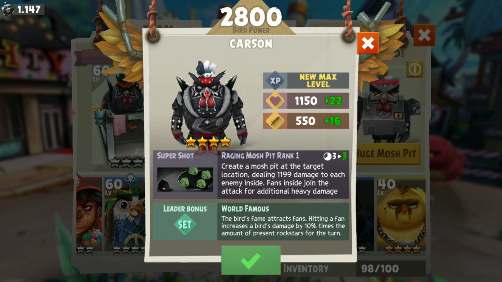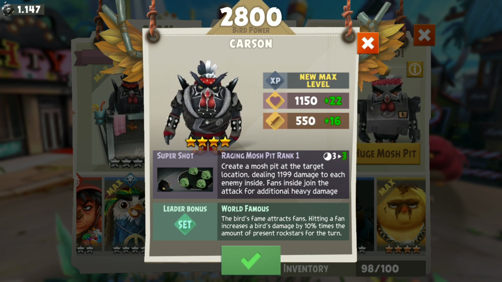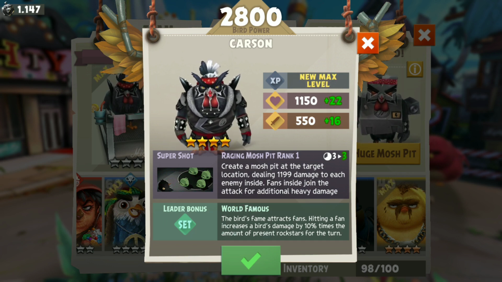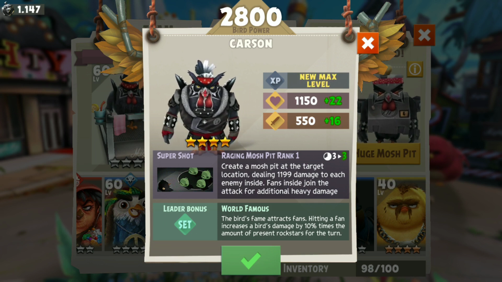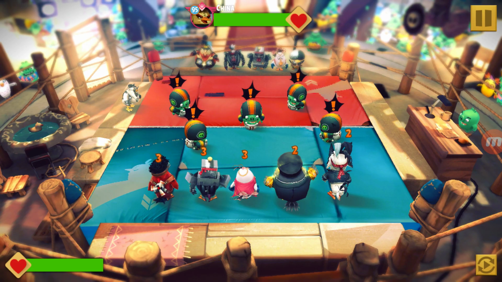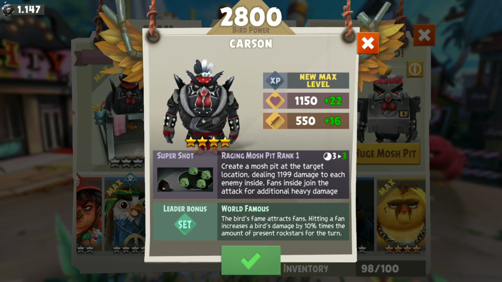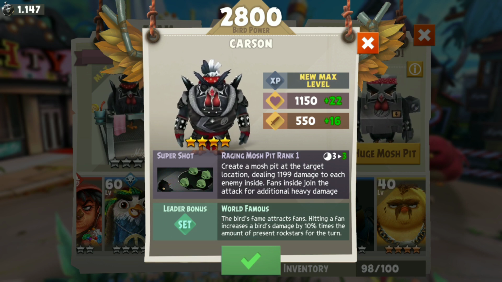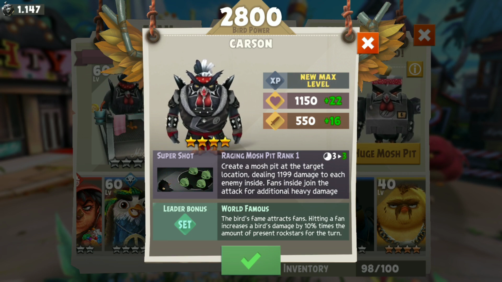future. But based on his description, create a mosh pit at the target location, dealing 1199 damage to each enemy inside. Alright, fans inside join the attack for additional heavy damage. So by fans, they are referring to the birds that reside at the side of the arena when you are fighting the pigs. Usually there'll be a couple of birds left and right, I believe. So if you use Carson, the birds might reside either in the left or right side. I believe it's random, and